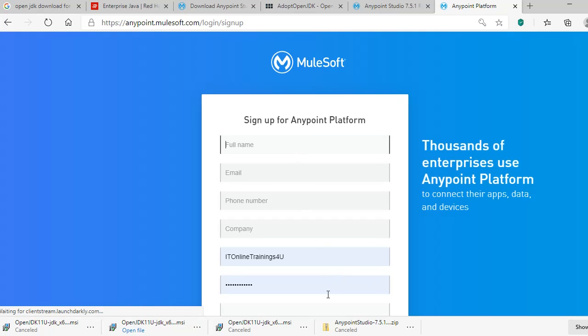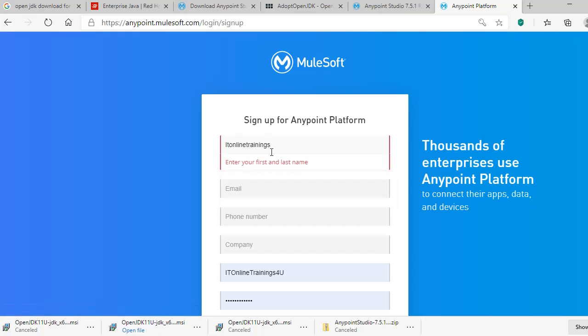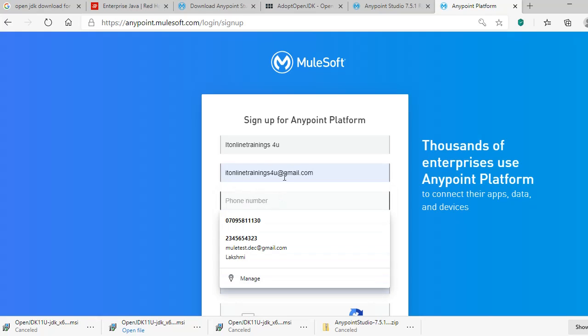You can give your name. You need to give both the first name and last name, which means you need to give two names with a space. You need to give your Gmail ID.